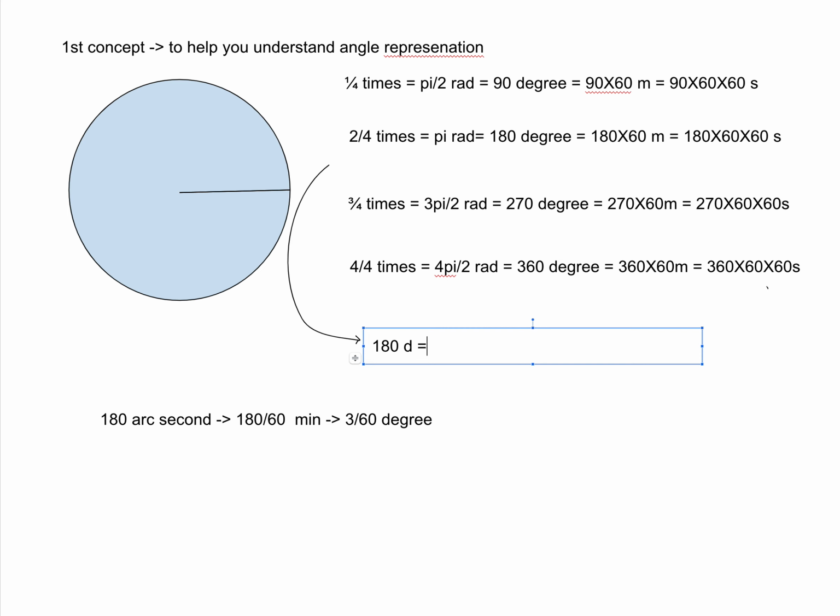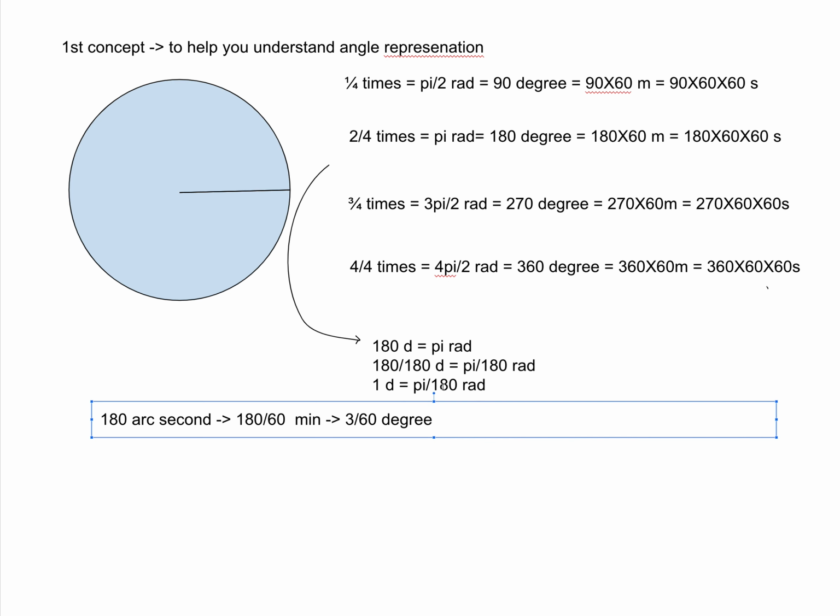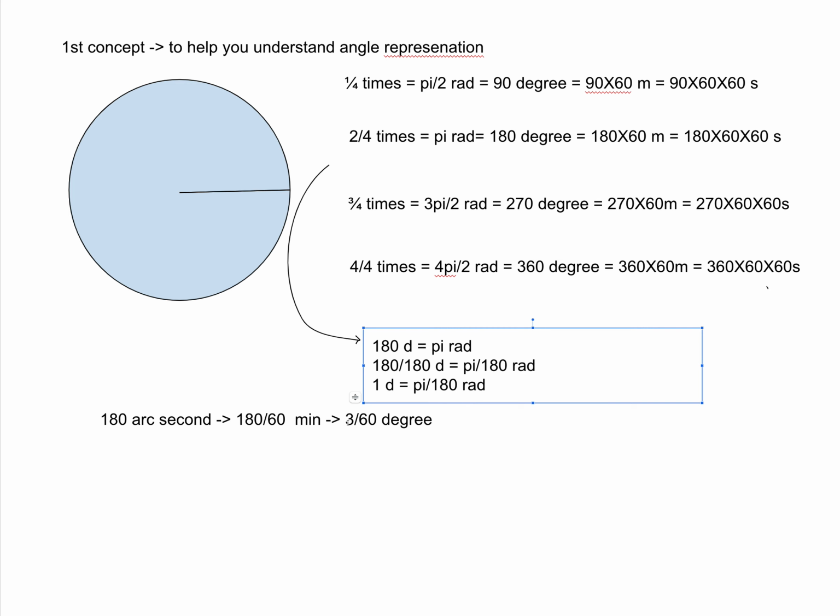180 degree is equal to pi radian. That means, divide both sides by 180. 180 divided by 180 is equal to pi by 180 radian. Okay, 180 by 180 is nothing but 1. So 1 degree is equal to pi by 180 radian. Okay, so if 1 degree is equal to pi by 180 radian, then 3 by 60